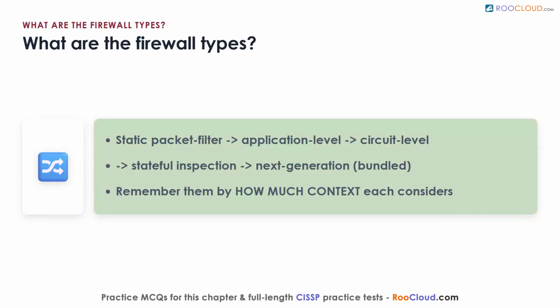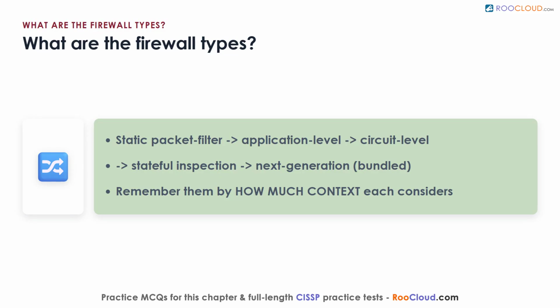What are the major types of firewalls? There are several, and real deployments often blend them. The simplest just inspects packet headers one at a time. The next understands a specific application or service. Another concerns itself only with setting up sessions between trusted partners. A more capable type tracks the full state and context of a conversation, and the most feature-rich bundles many of